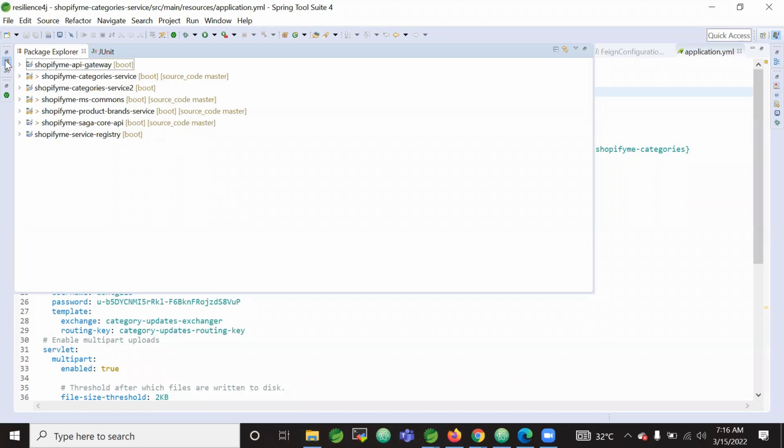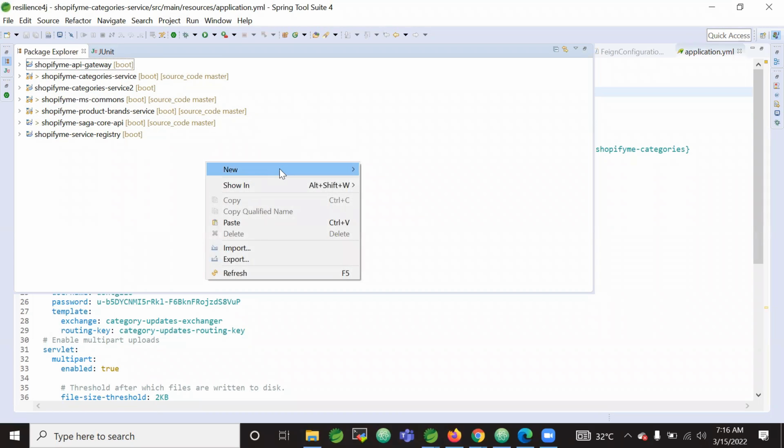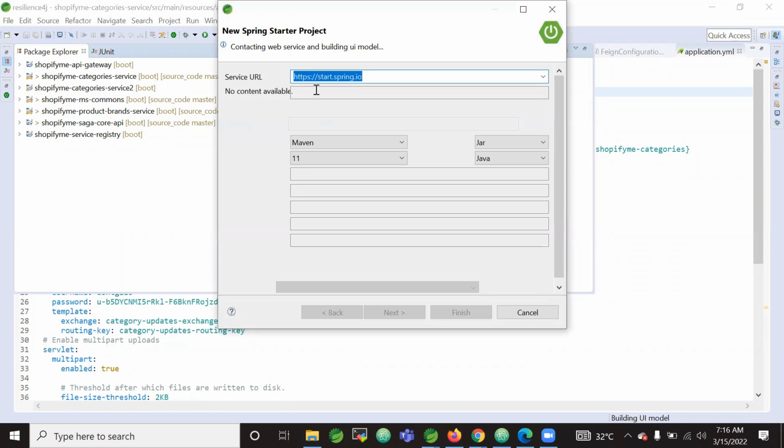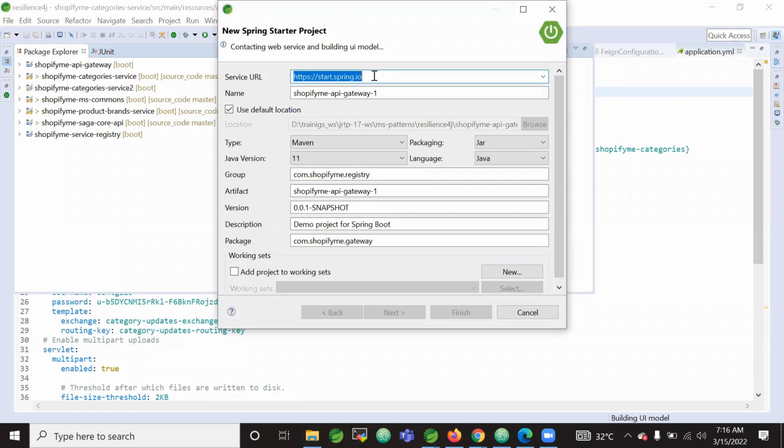So out of these two, we will use the STS, Spring Tool Suite IDE. Though we will use the Spring Tool Suite IDE to create the Spring Boot project, for example, new Spring Boot starter project, where will it go? It will go again to this site